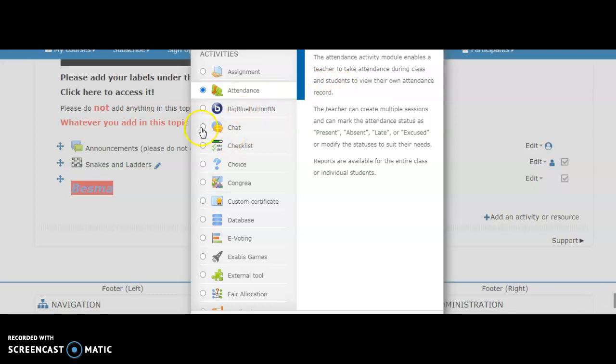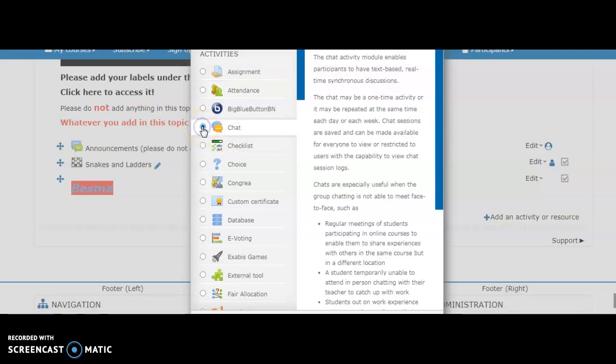Similarly, if you want to have a chat facility, you can do that also. Here it says the chat activity module enables participants to have text-based, real-time, synchronous discussion. The chat may be a one-time activity or it may be repeated at the same time each day and each week.